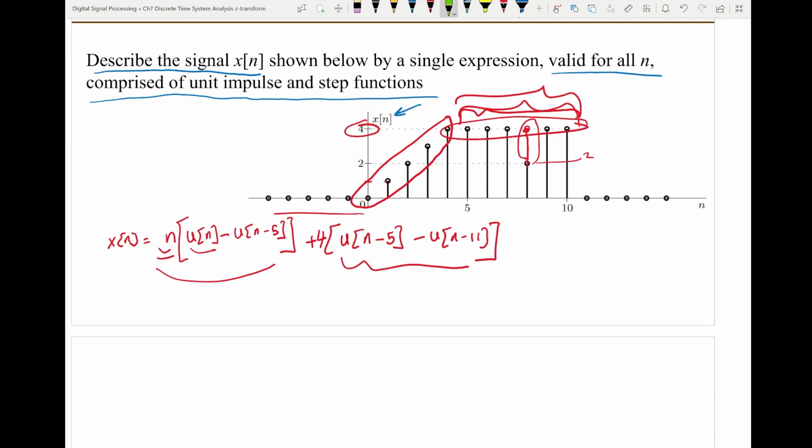Now, as I said before, this sample here is of size 2. And its location is 6, 7, 8, 9, 10. So its location is at 8. And it's only of size 2, not of size 4. So now I have to subtract an impulse at this location, and I have to subtract 2 units of it. So that's minus 2. So the signal is